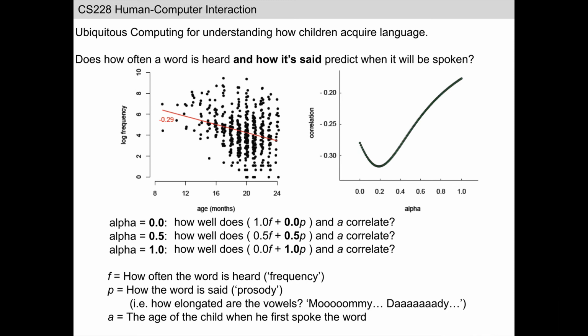One of the exciting things about this data set is it allows us to actually get at what combination of phenomena predict language acquisition. Of course, in this data set, it's only going to allow us to test that for a single child. If we were to repeat this process with multiple children, we could ask how those combinations of